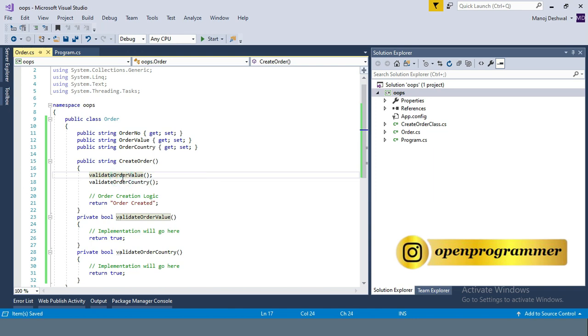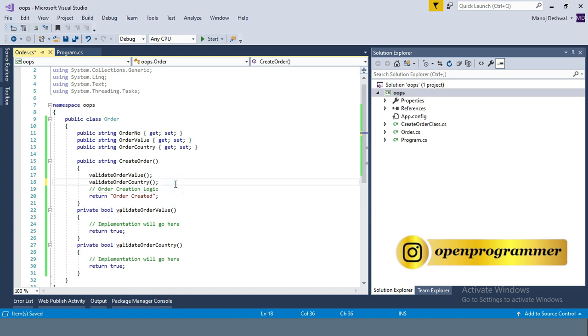Let me validate the order value, and if it returns true, it means the order value is valid. Then we will validate the country, and if the country is valid, then we will come to the order creation logic, right? So these are the steps.